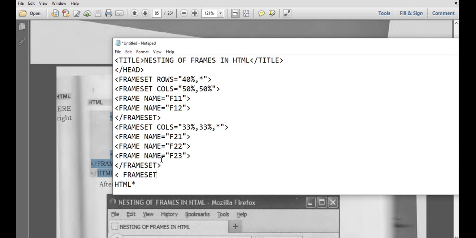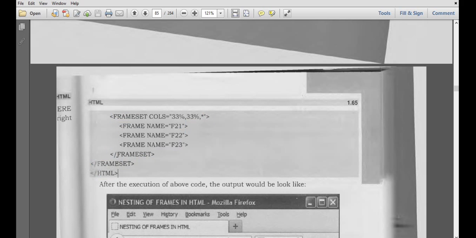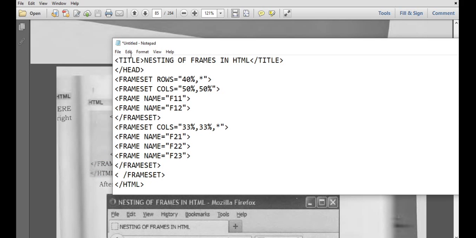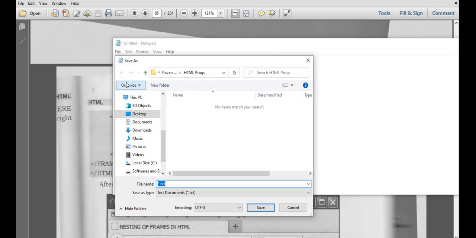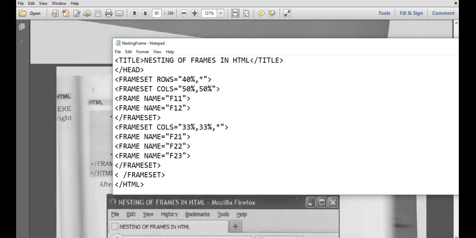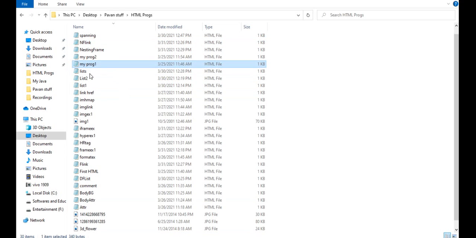Close tag, here close, frameset close. Okay, go to file, save, nestingframes.html.